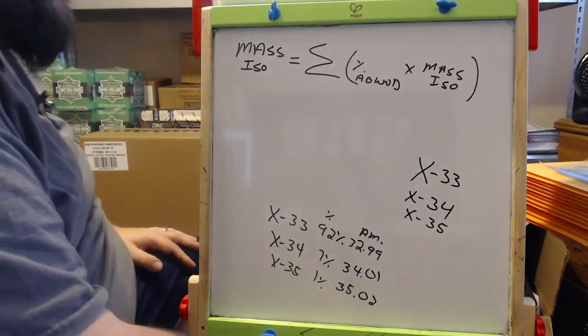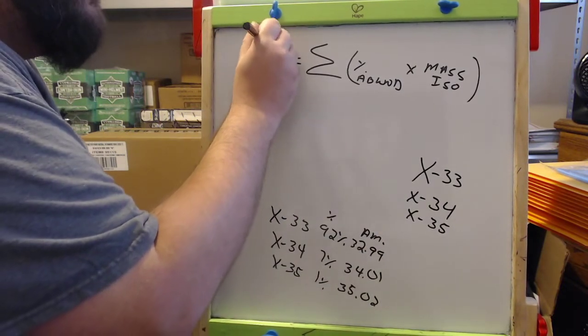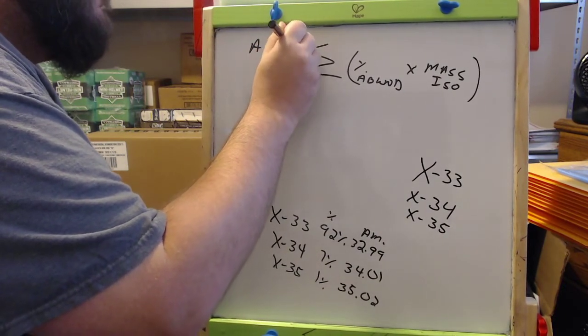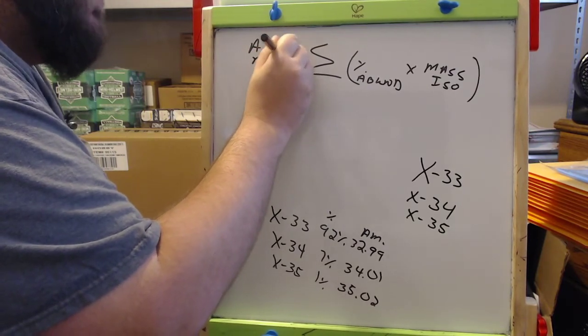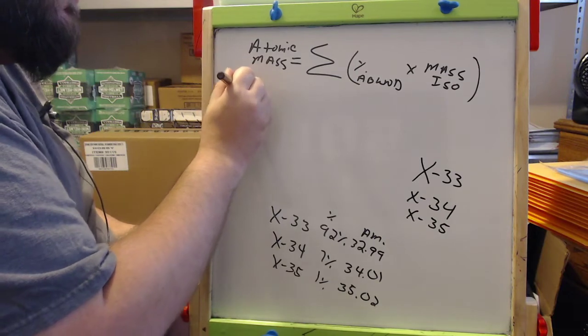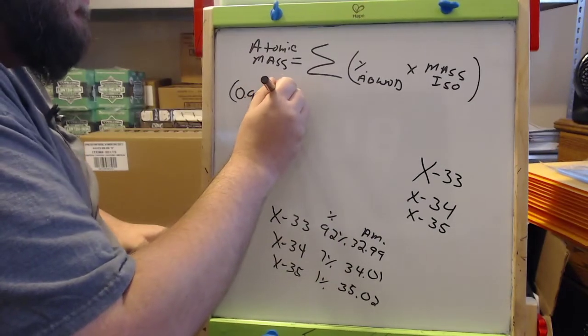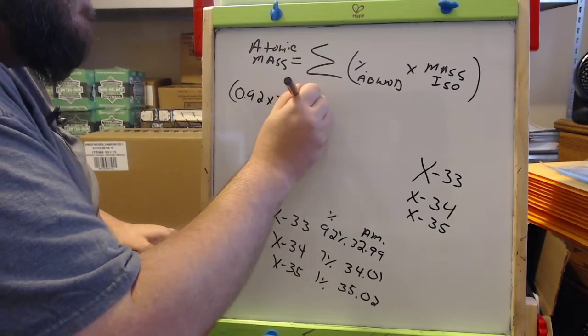If I want to find the atomic mass of X, I would do the following. I would take 0.92, because that's the percentage, times 32.99,